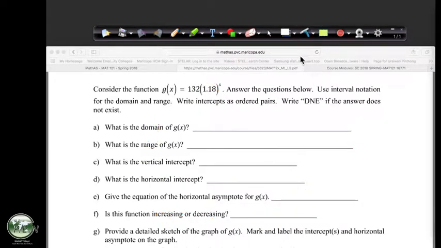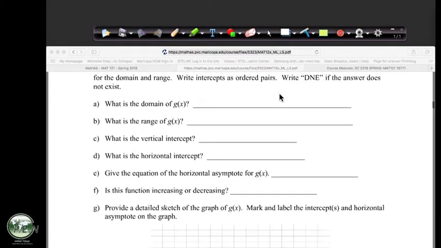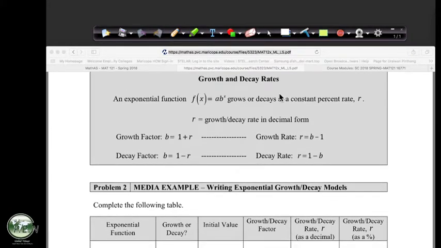Let's just kind of keep going. Okay, and again, I sort of taught this in maybe reverse order, but this is exactly what we've been doing. The only thing I would change on this